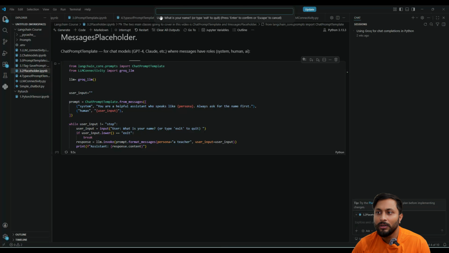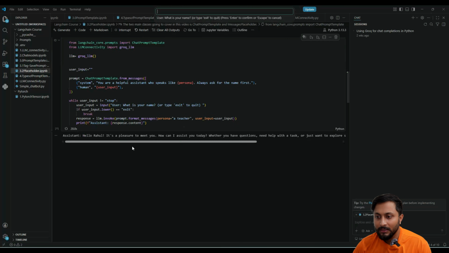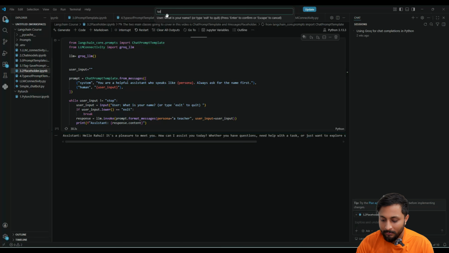It is asking me what my name is. Let's suppose I write my name is Rahul. If I press enter, you can see the assistant says, hello Rahul, it is a pleasure to meet you, how can I assist you. Now again it is asking me, tell me something